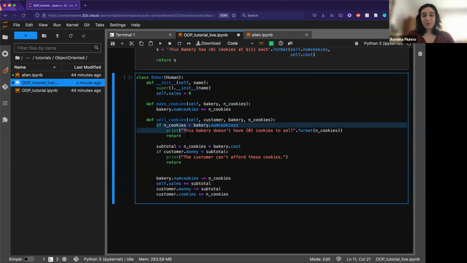So first I have to make sure that my bakery has enough cookies to sell, and then I have to make sure that my customer can afford those cookies. And if both of those criteria are matched, then I'm going to subtract the number of cookies from the bakery. I'm going to add to my commission. I'm going to subtract that amount of money from my customer, but give them the number of cookies that they asked for. All right. So now